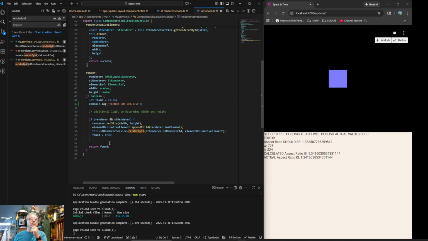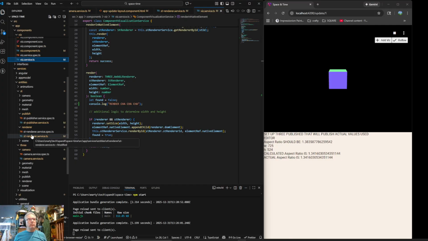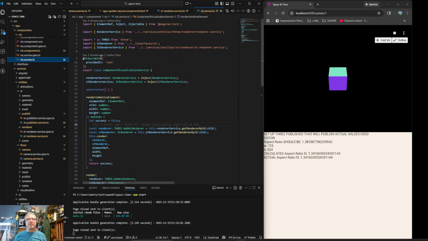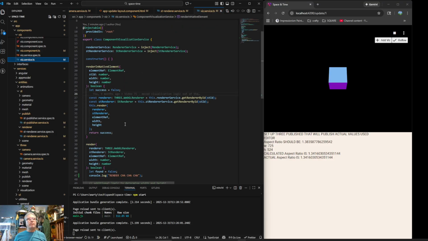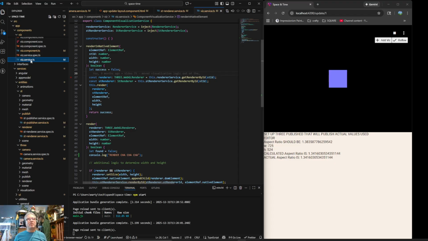Hmm, I don't know what to do. So the idea is that we have a component, and outside of it, and this component, if I remember correctly. Oh, okay, maybe. Okay. Oh, no, this is our viz service component, which is sort of a component that was just supposed to be for a service that was just for a given component. So it wasn't supposed to be like your root, even though it is. But now,